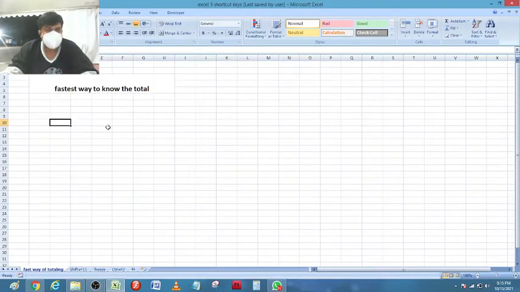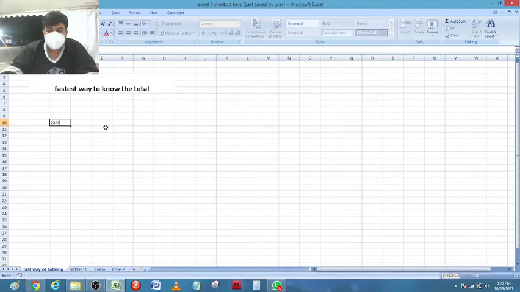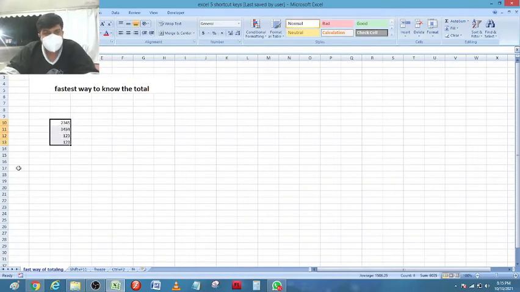So the first shortcut is how to know the total of typed numbers. We just have to type some numbers. After typing the numbers we need to select them, and after selecting the numbers you can see the total here, 6025. So you don't have to calculate or put in any formula, nothing is required. Just type the numbers, select them, and it will automatically show the sum here. What is the sum here? 6225. The same thing we can implement in the vertical way also.